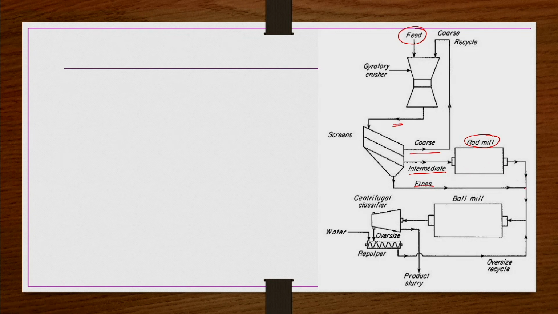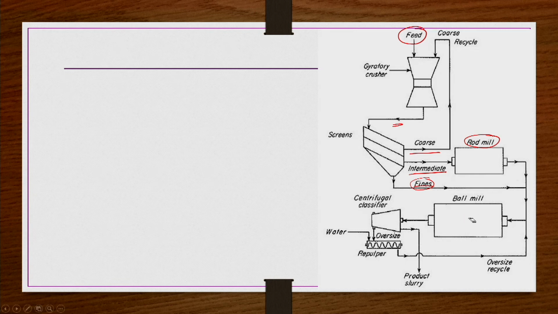So, whatever product you are getting from the rod mill, along with the fines that you obtain from the gyratory crushers, all of them you can take to the ball mill. It is optional, just an example we are seeing. You can also have a screen or separation section after the rod mill. Here, we are taking the entire product from the rod mill as well as the fines from the gyratory crushers to a ball mill.